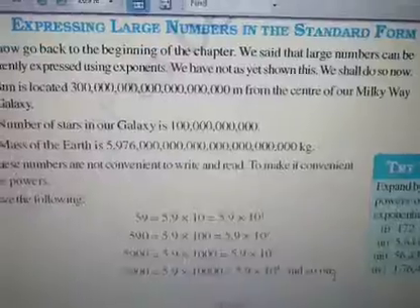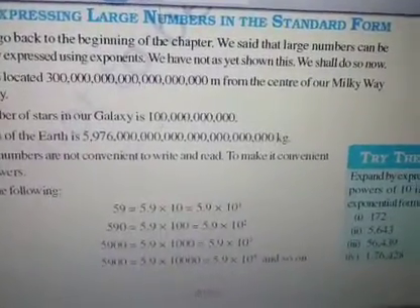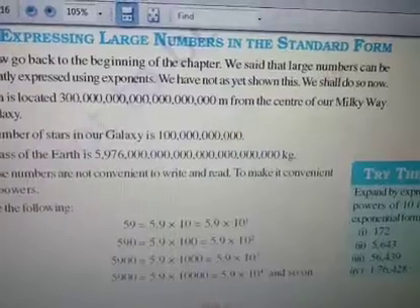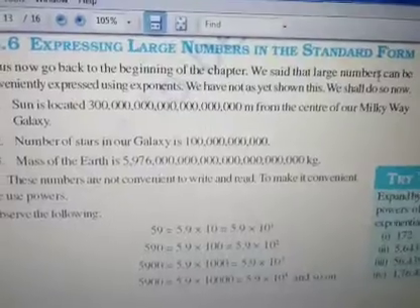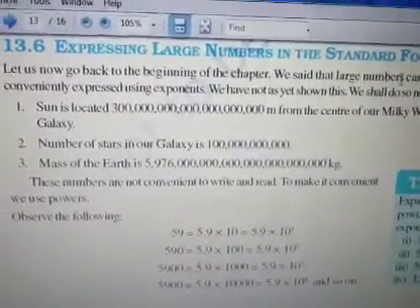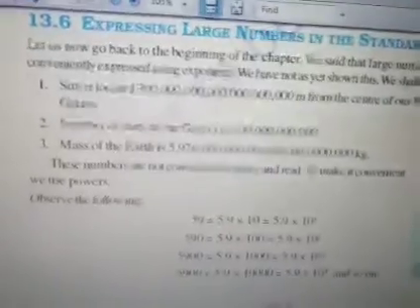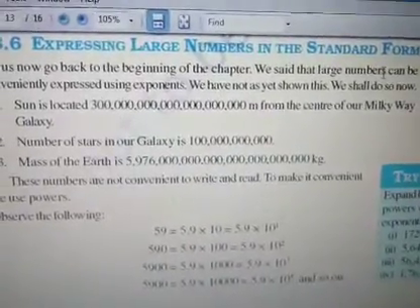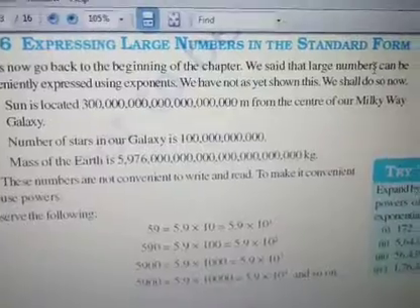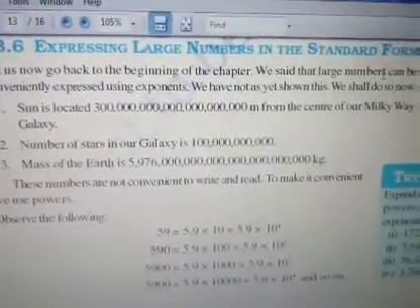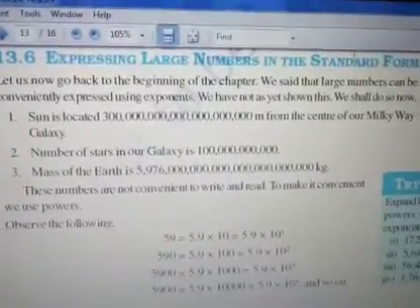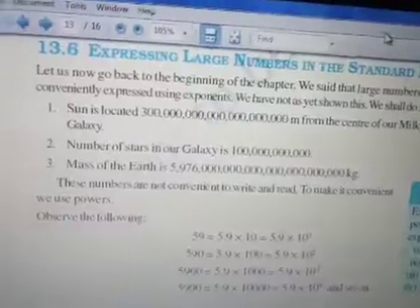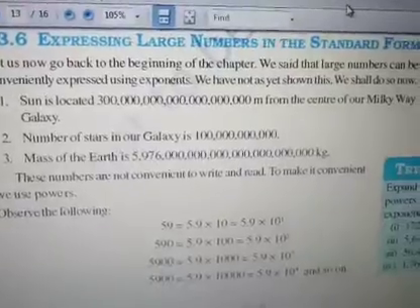Understood? This topic we are going to discuss: expressing large numbers in the standard form. Okay, standard form means what? Short form. Like exponents, you are going to represent big numbers. So that is the concept here when larger numbers are given. I already told you in the beginning of this chapter that when large numbers are there, it is very difficult for us to pronounce them. So for those cases, we will be using this exponential form where you can write this larger number so that it looks small. Okay, so it will be more convenient for us to do the calculation.